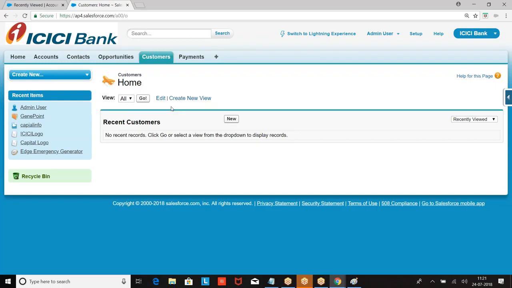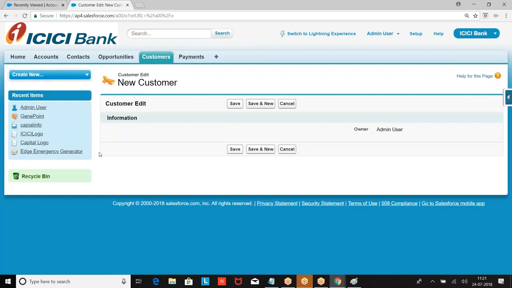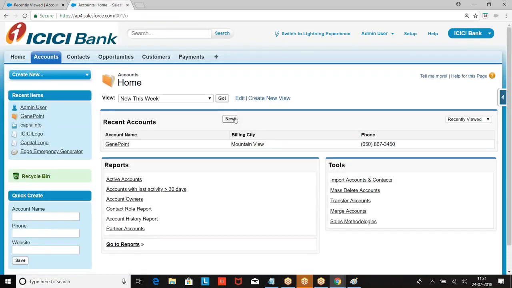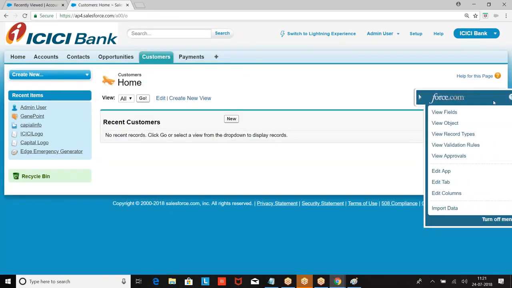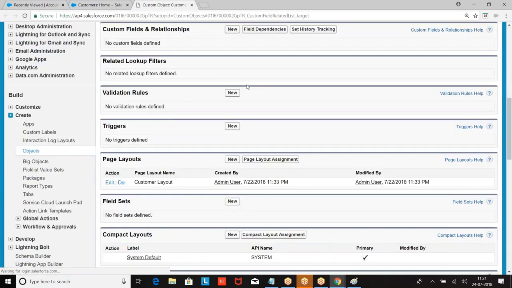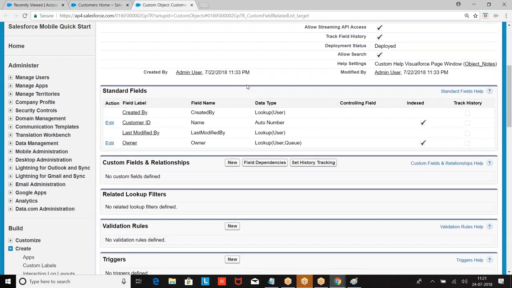Now, what are the fields that are there in the object? You created an object, you created a tab for an object. Now, when I click on new, the fields should be displayed here. When I go to account, click on new, the fields are coming here. Similarly, on the customer object, what is the list of fields we have? Trying to understand the list of fields in the object. What are the fields? How to create your own fields? That's what we are trying to understand now. So look at the concept.